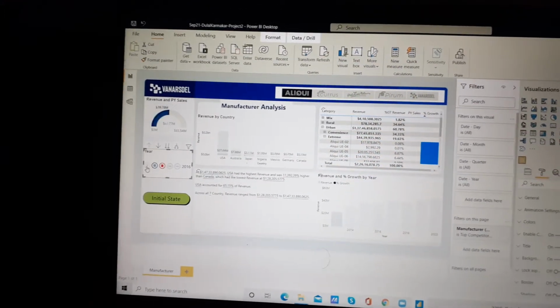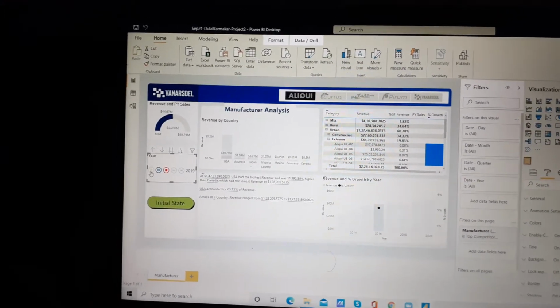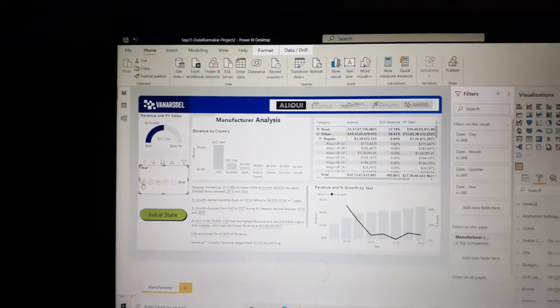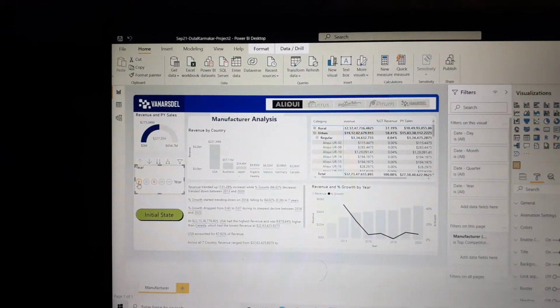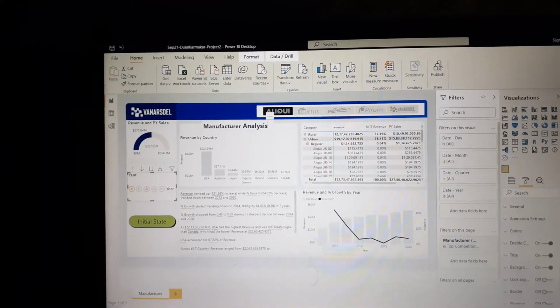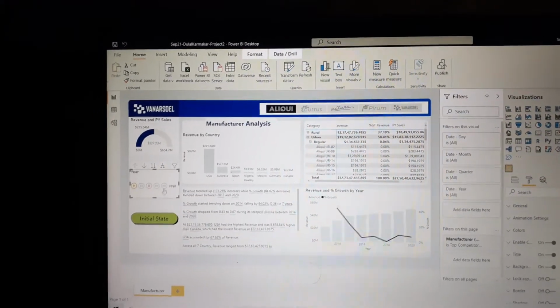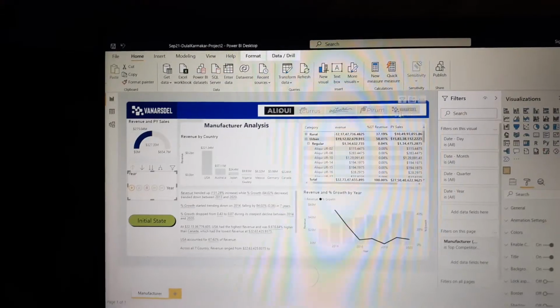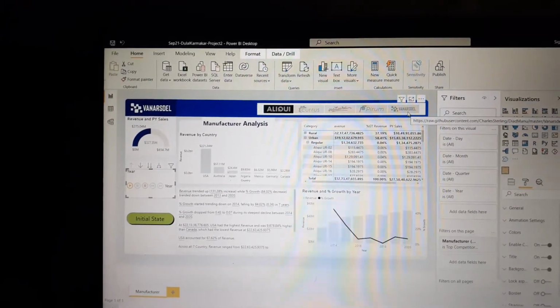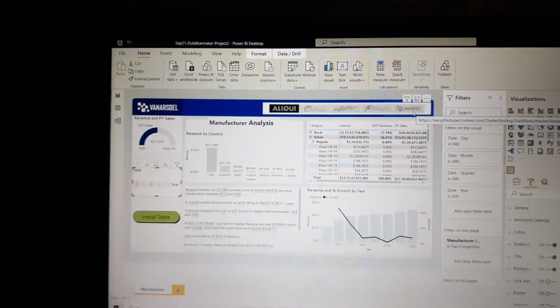See, it is changing, and it is showing the actual data of the particular manufacturer or company which has been selected, this one, right?